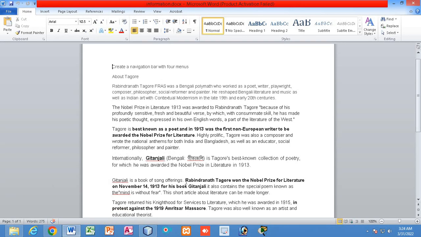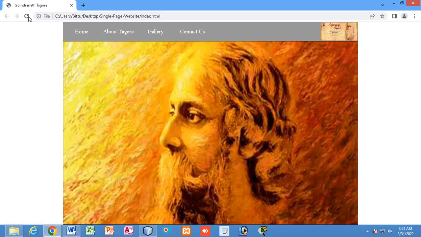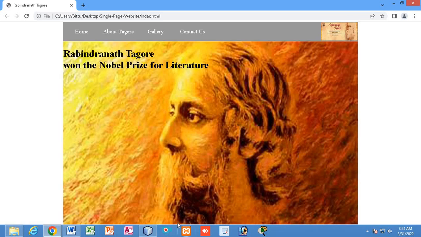Inside the heading I write Rabindranath Tagore won the Nobel Prize for Literature, right? I will do one thing. I will also add a break line BR. So let us see how it looks now. You can see this is how it looks.